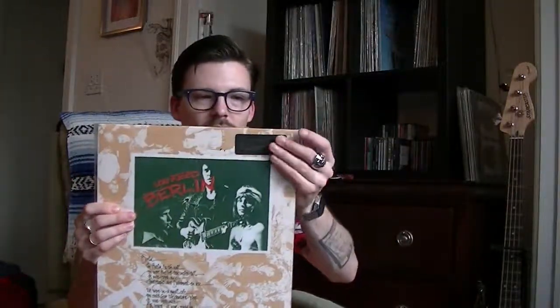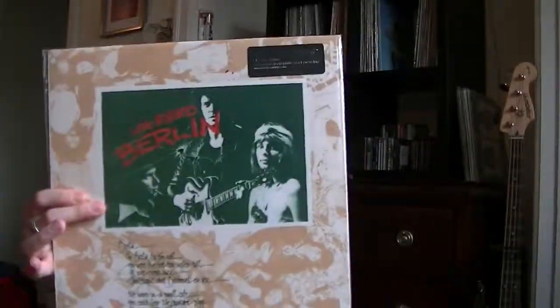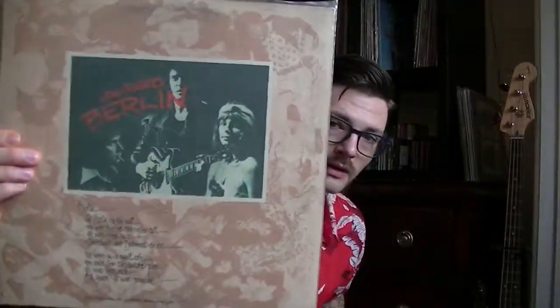But anyway, on from there, I've got a reissue of Berlin, which is a great album. I bought this just on a whim, thinking, hey, more Lou Reed to check out, right? And I really enjoyed the album, so I sought out an original pressing, and lo and behold, I found one. And this had a